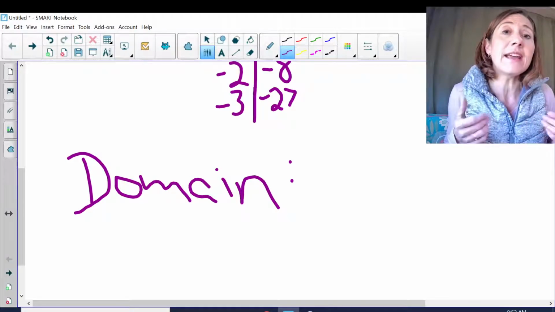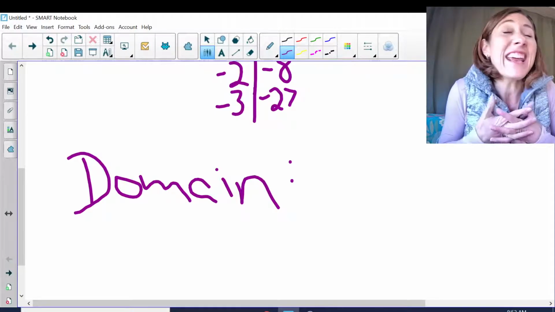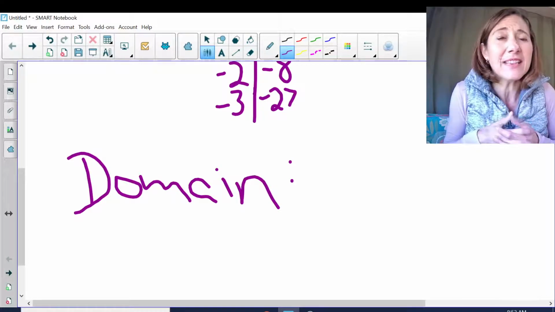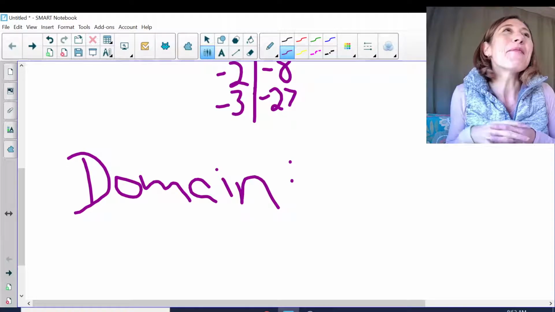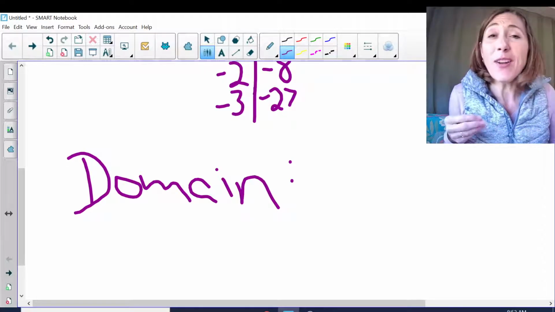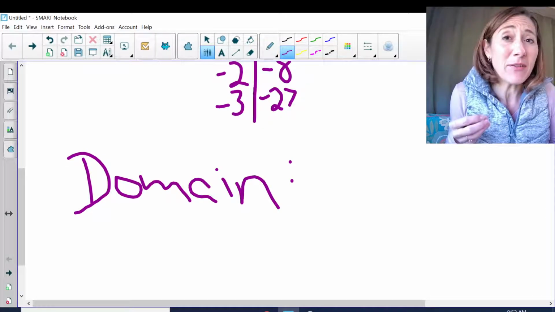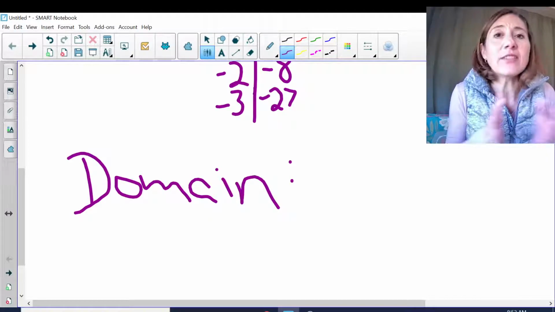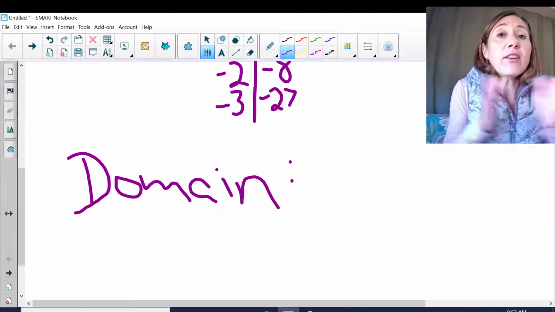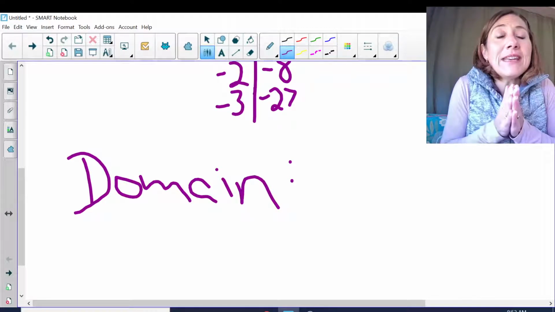What if I wanted to go in the negative direction? So I wanted to put in a -5 for x. Could I do that? Could I take -5 and cube it? Yes, I could. What if I wanted to put in -200 for x? Could I take -200 and cube it? Yes, I could. So as far as left and right, it's going to go to